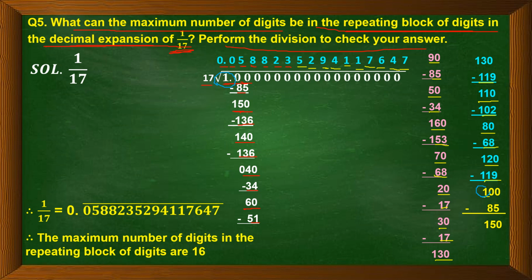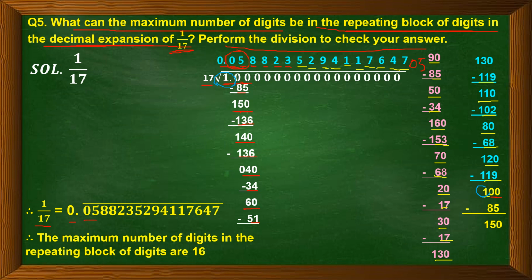So again we can put 0 in the quotient, right? And again we will have 0 placed along with 1. We will have 1 0 0, and again it will be divisible by 5. So if you observe here, 0 5 and 0 5 are being repeated, and so on it will go on repeating, right? So we can say 1 by 17, the decimal expansion of it is 0 point in the bar.